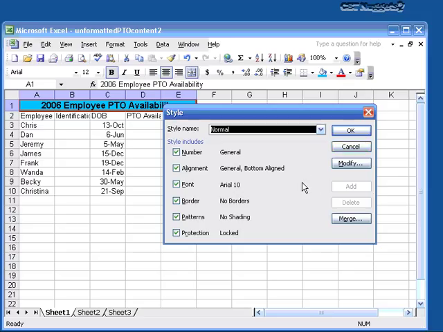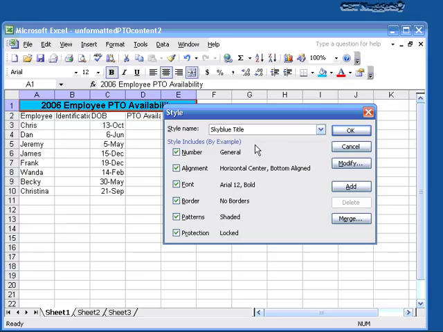In this case, my merge cell, I don't want to do that, but I do want to create a new style based upon that. So here you'll notice it's all highlighted. If it wasn't, if it was like this, you can just double click and say, I want to call this Sky Blue Title. Watch what happened. As soon as I started typing, did you see how it says the style includes by example? It's pulling this information from what you see right here, 2006 employee, PTO, availability with all the formatting that I